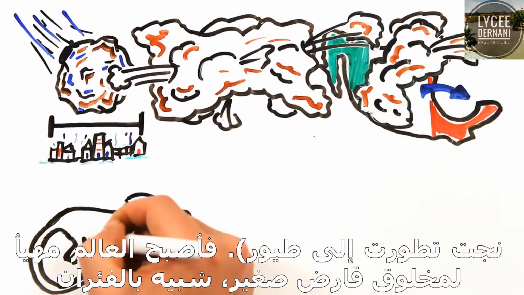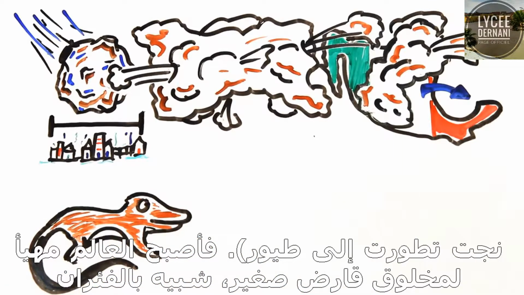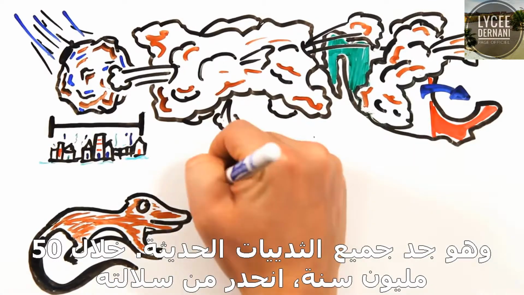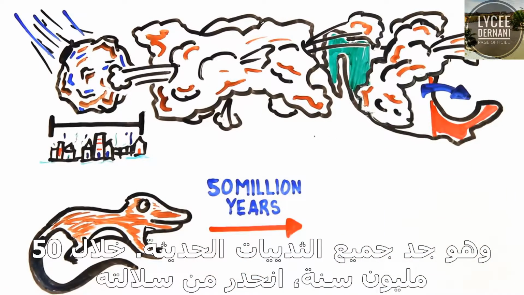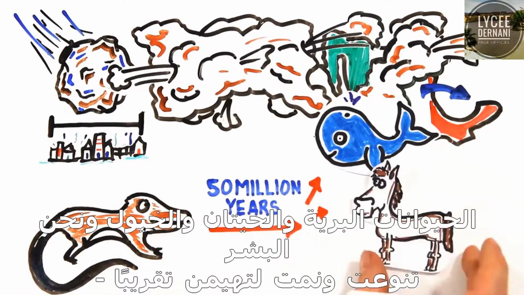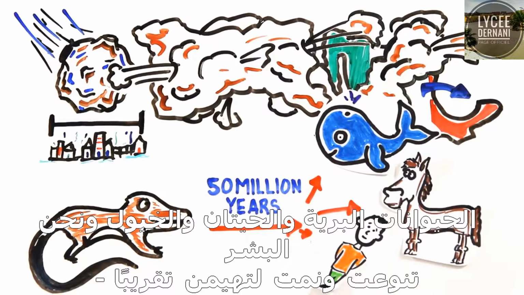The world was now primed for a small, scuffling rat-like creature, the ancestor of all modern mammals. Within 50 million years, its descendants, from wildebeests and whales to horses and us humans, have diversified and grown to dominate nearly every available